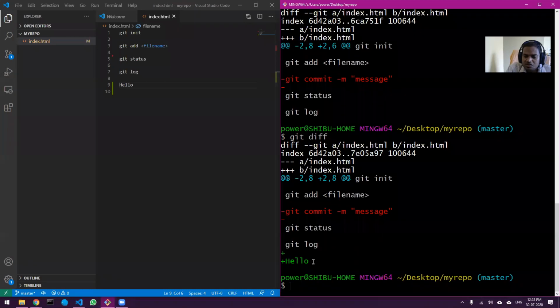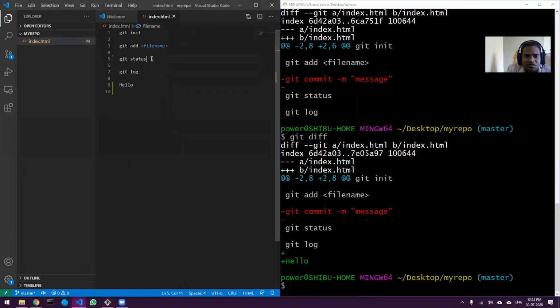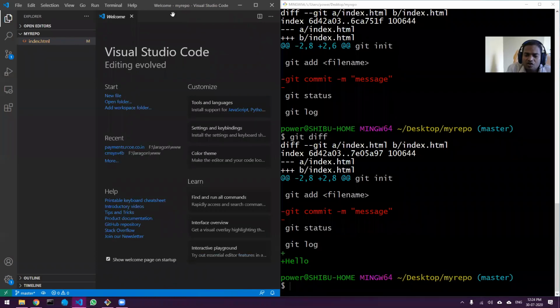This is a very important feature of git, that you can see the difference of whatever changes you have done. Now I know I have done these changes, so I can revert back. How to revert back? I want to undo these changes. Obviously, you have just done these changes, so you can always press Control Z and undo. But what if you have closed this file, or closed this entire window and shut down your computer? Now you come the next day and realize, oh no, it is gone. So how do you get the data back?